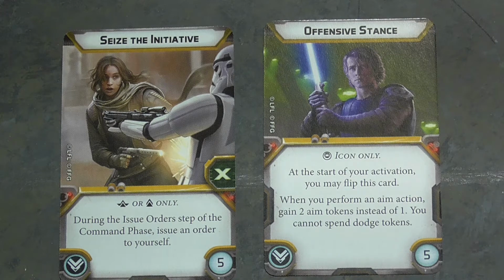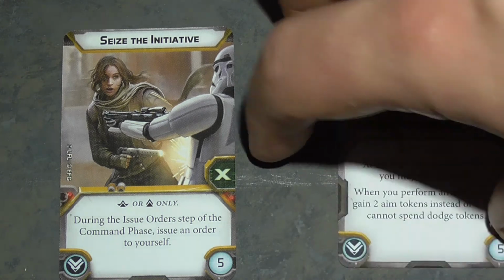At the start of your activation, you may flip this, so you can put it on either side, and when you perform an aim action, you gain 2 aims instead of 1, but you cannot spend dodge tokens. So essentially, this just buffs your ability to be more offensive, as the name suggests. So you get 2 aims for your money and can't spend any dodge tokens, and the converse